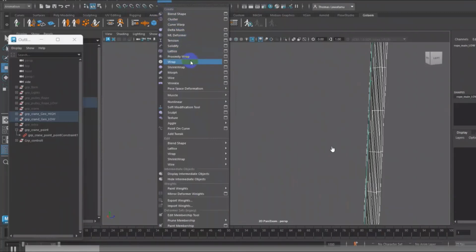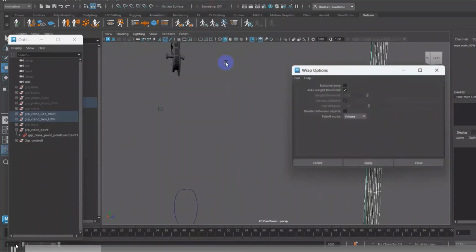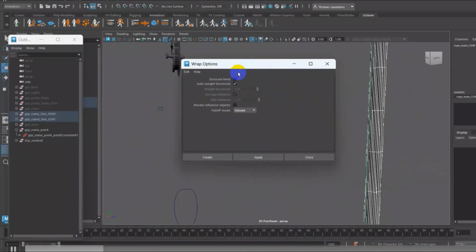Why am I trying to use the wrap deformation? Because I want to create some positions. Let's say this is the high poly, and then this is the low poly. This wire is already created with the high poly, so I don't want to edit anything here on the high poly.